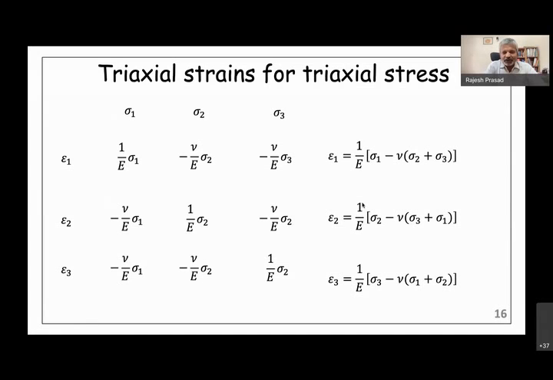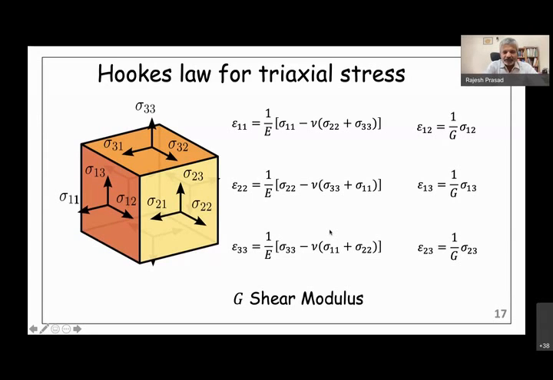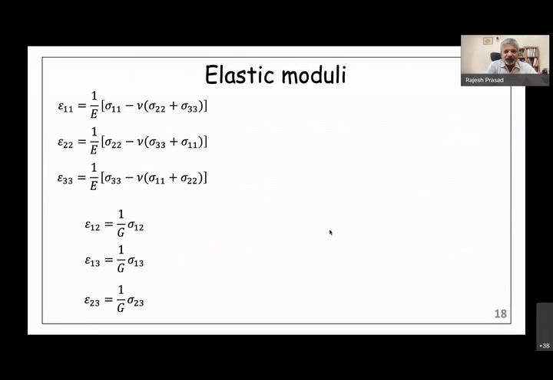Is this the complete story? Not yet, because when we say triaxial stress, not only the axial stresses, we have to talk about the shear stresses also. So not only are there three axial stresses, there are three shear stresses also. The shear stresses are then related to the shear strains, and another constant is required to relate shear stress to shear strain, that is the shear modulus. So if we now look at the complete picture, we have these 6 equations, 3 for axial strains and 3 for shear strains, relating the